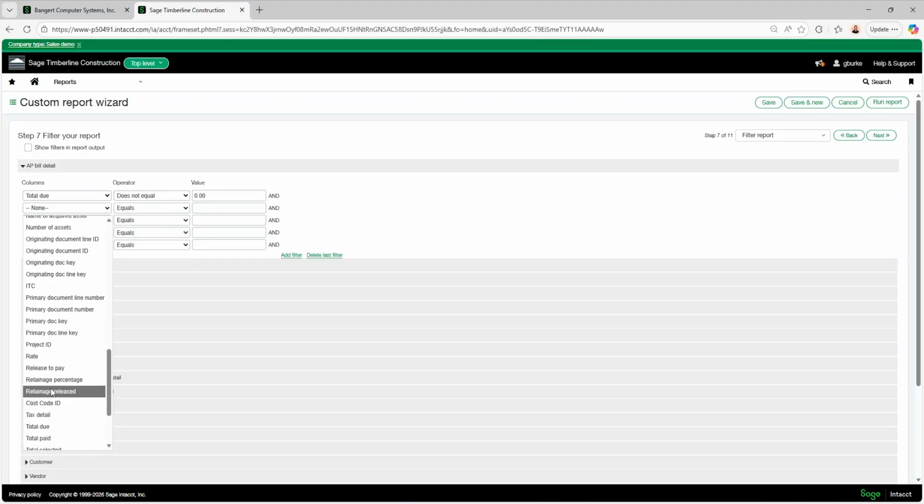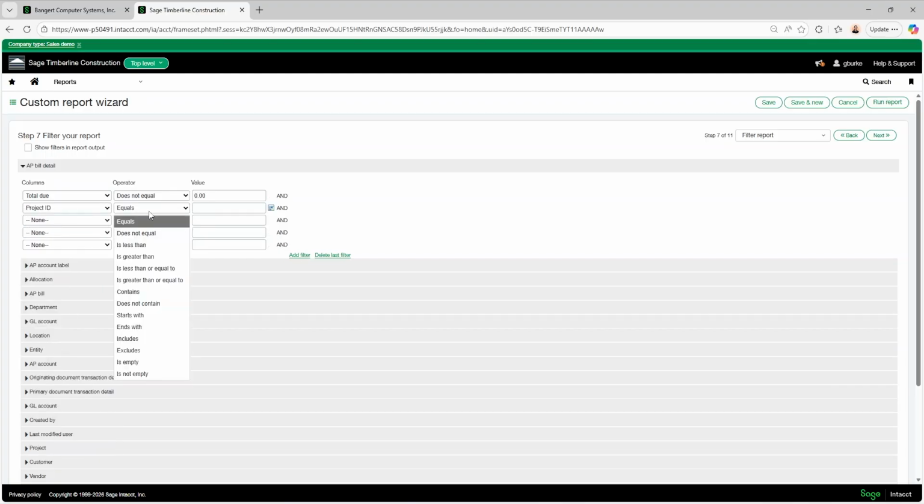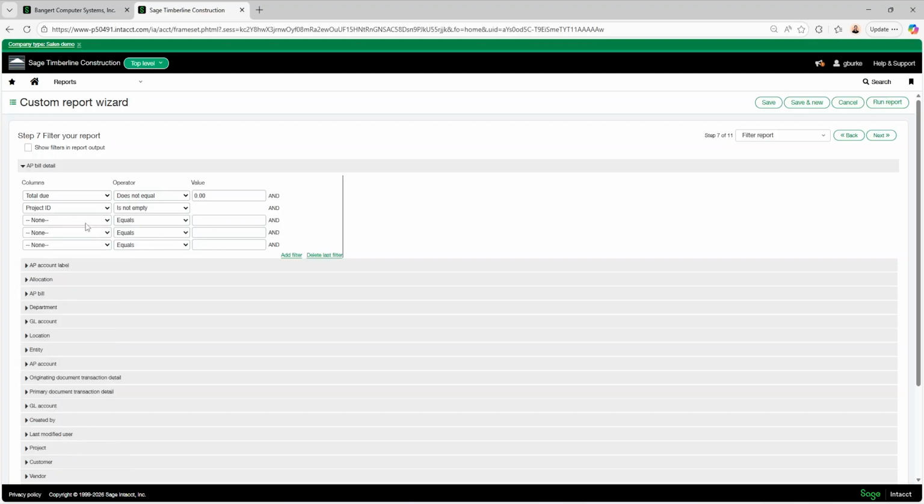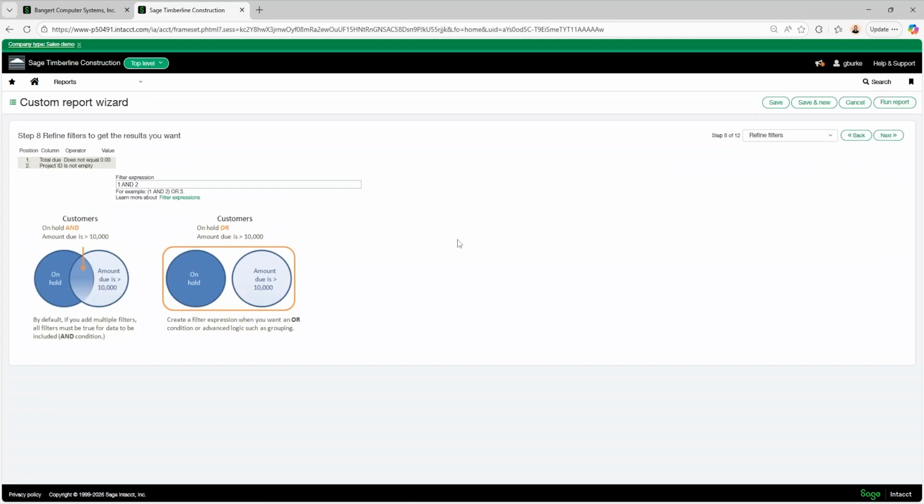So I'll find project ID here, and then I'll say is not empty. And you can keep going here, set up as many as you need, but I think this will be plenty for what I'm trying to do. And I'll choose this to show the filters in the report output, so it's clear what we're filtering on. I'll click next.